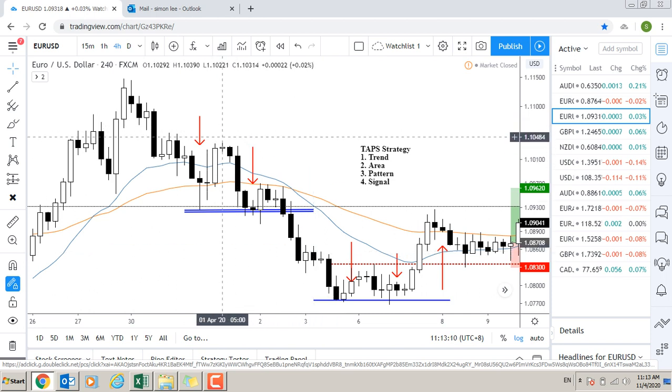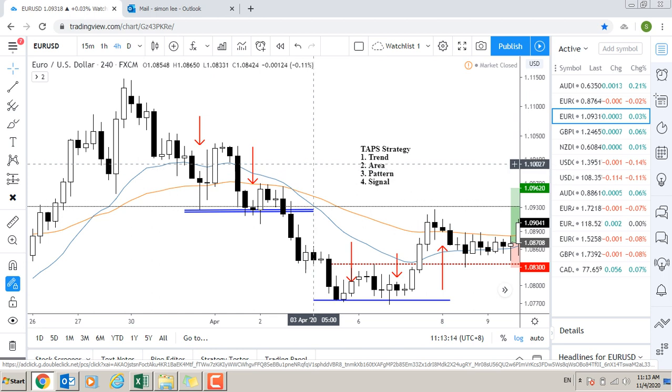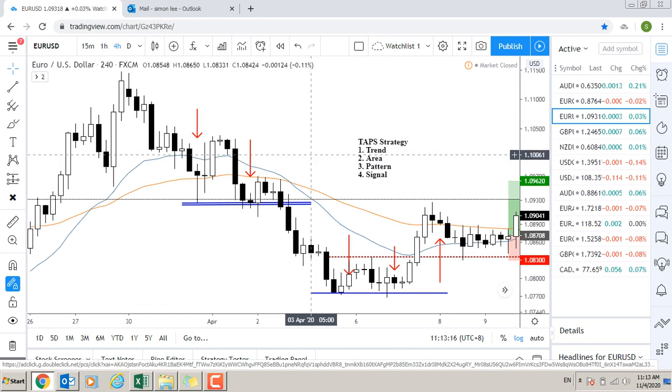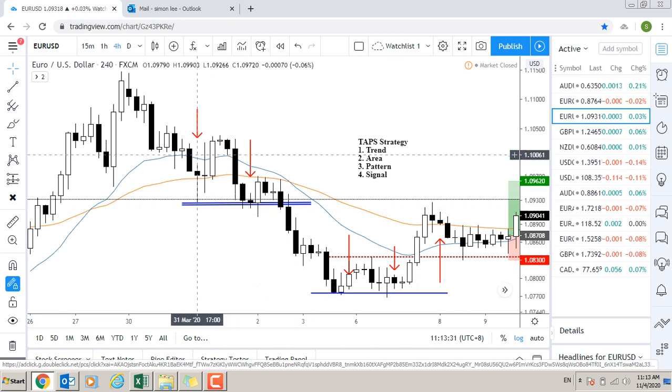So after I see this pattern, basically I'm looking for signals. Signals are basically things that relate to price action. Price action means I'm always looking at candlesticks. So what kind of signals am I always looking at? If in a downtrend, I will look at bearish signals. So this is the bearish